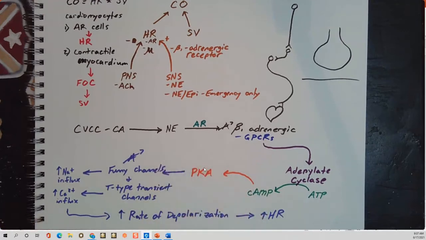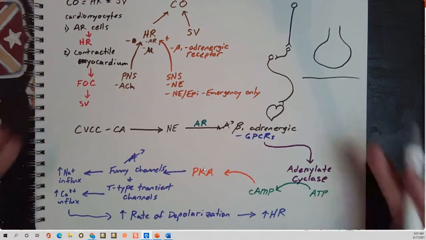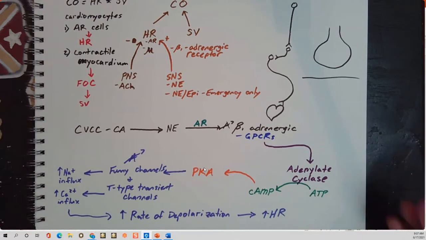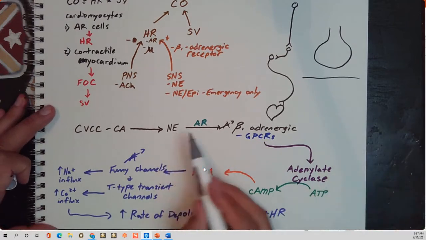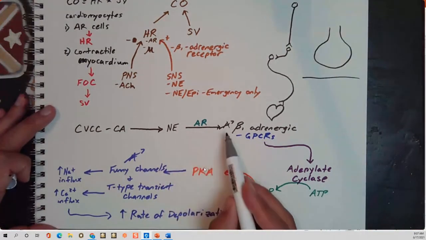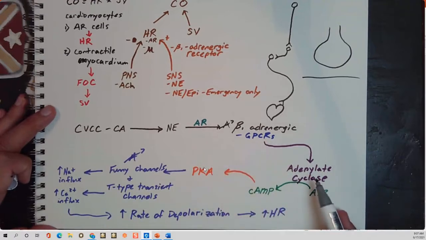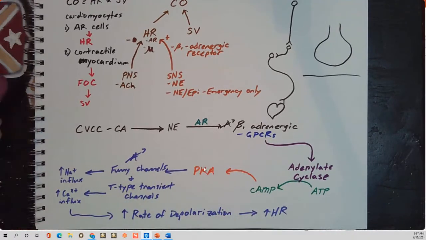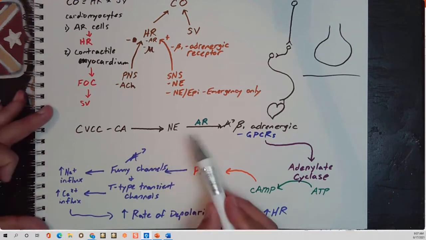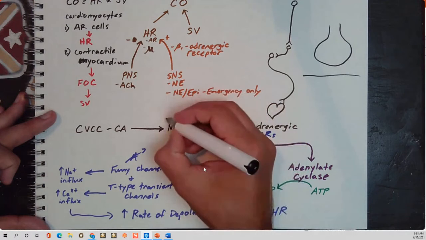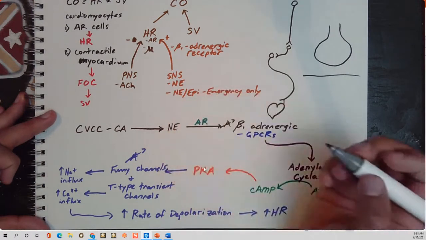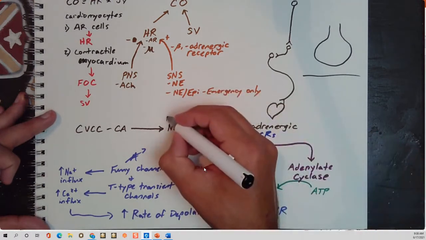Yeah, right? When you think about it like that, using the flowchart, it's pretty logical. But students always miss that because they don't really think of these systems as flowcharts. This must happen for this to happen, and this must happen for this to happen, and so forth in normal physiology. So if one piece of this puzzle breaks, say for instance, if I just magically have an increase in the amount of norepinephrine in the system,